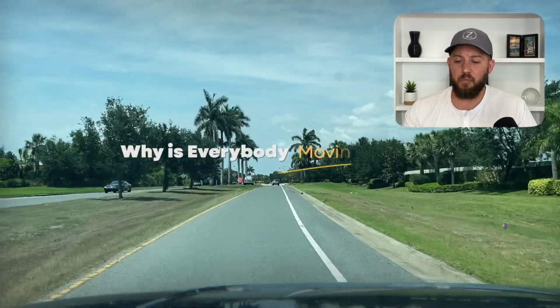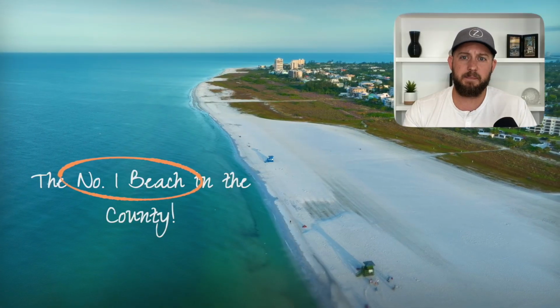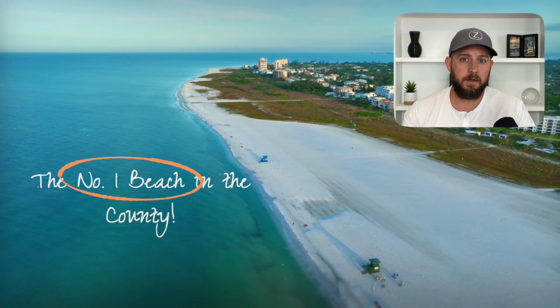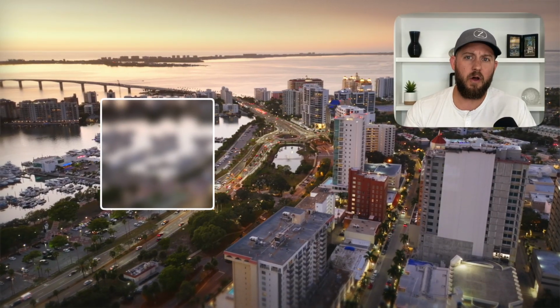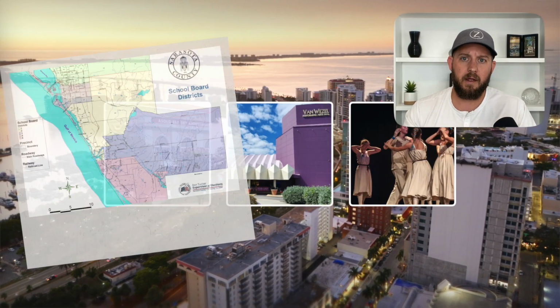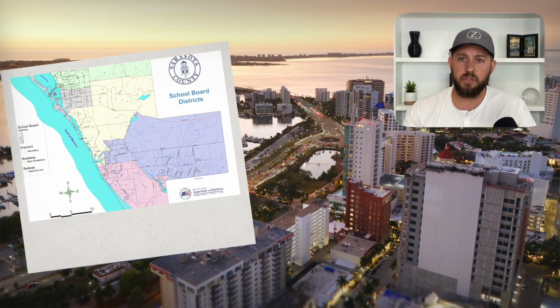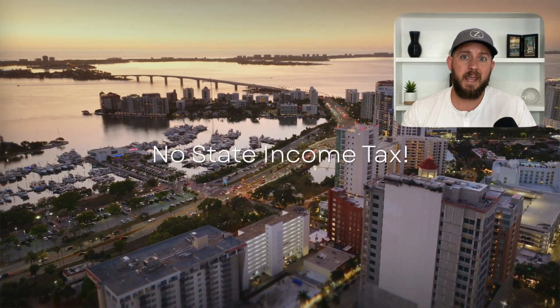Why is everyone moving here? It's got that rare mix of Florida charm and practical perks. You're 10 to 15 minutes away from Siesta Key's powdery beaches, ranked #1 in the United States, and 20 minutes from downtown Sarasota's fun, artsy vibe with theaters and galleries and festivals year-round. Add in A-rated schools, the 20-mile Legacy Trail for biking, and no state income tax, and it's a no-brainer why